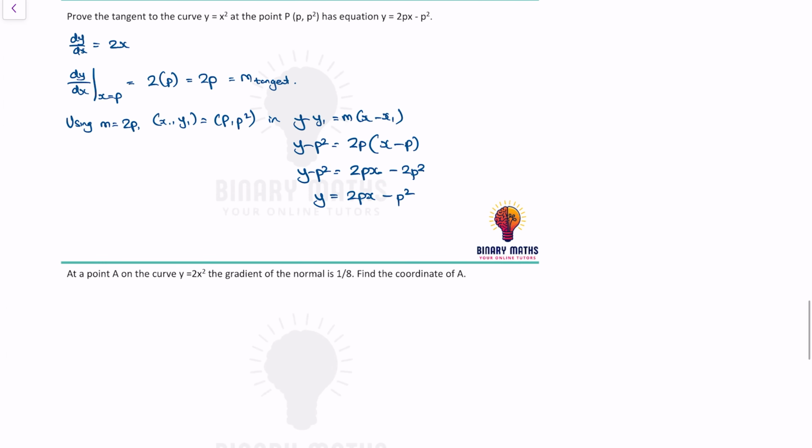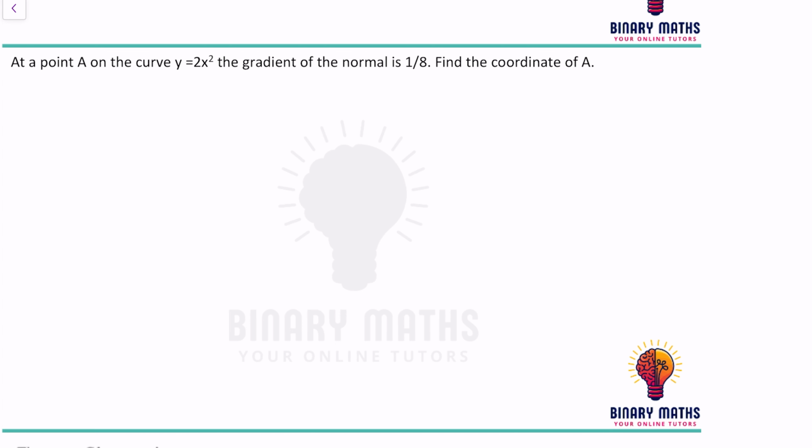At a point A on the curve y equals 2x squared, the gradient of the normal is equal to 1 over 8. Find the coordinates of A. So for the gradient of the normal, first we need to find the gradient of the tangent, which is dy/dx. So first find dy/dx. So dy/dx is equal to 4x,